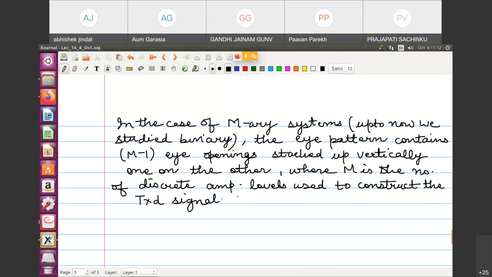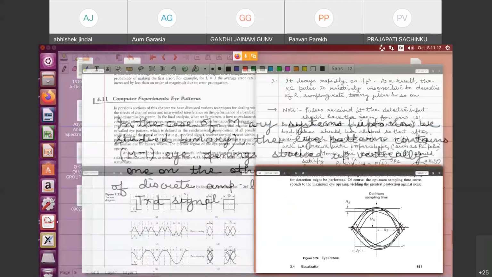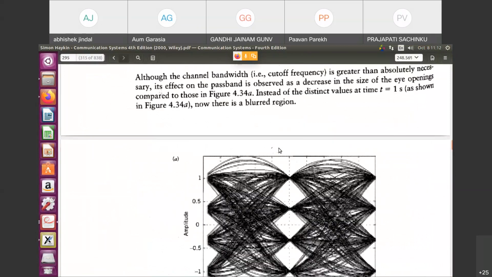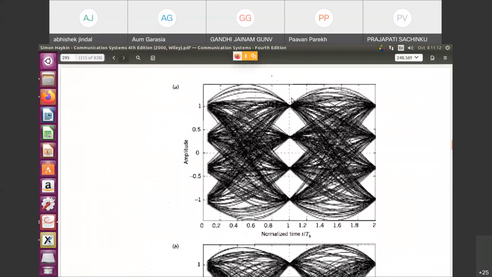For this, let us see the figure of how this really looks. So this is the eye diagram for an M-ary system. That is what we have written: in the case of M-ary systems, the eye pattern contains M minus one eye openings. So let us say 1, 2, 3 - three eye openings are there, stacked up vertically one on the other, where M is the number of discrete amplitude levels used to construct a